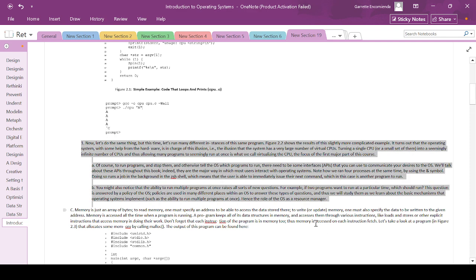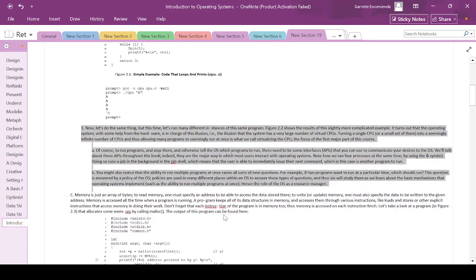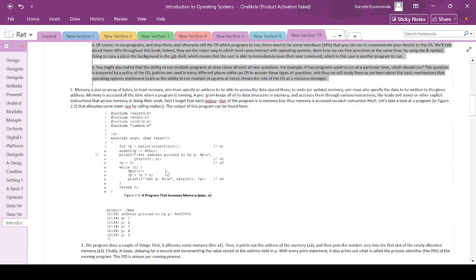Now let's do the same thing, but this time let's run many different instances of this same program. So here, figure 2.2, we run